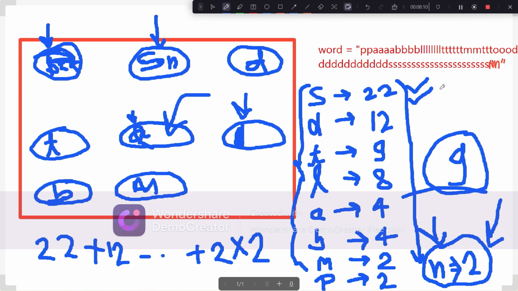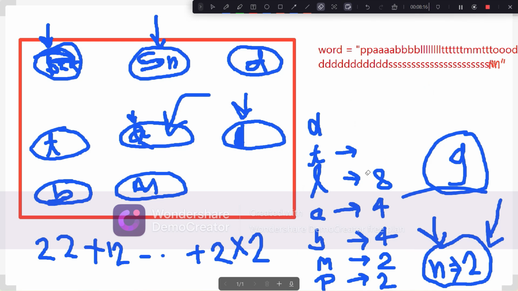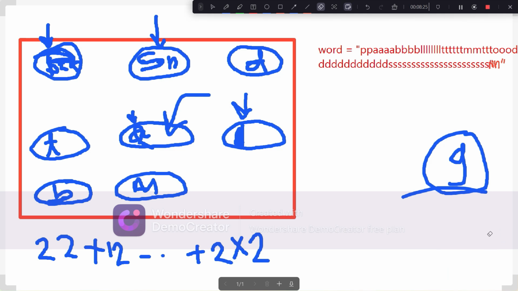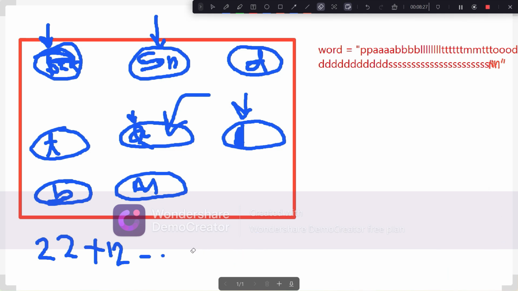So in this way, first we get the frequency of whatever characters we have, then we sort those frequencies in decreasing order, and first 8 we tag with only a single press,